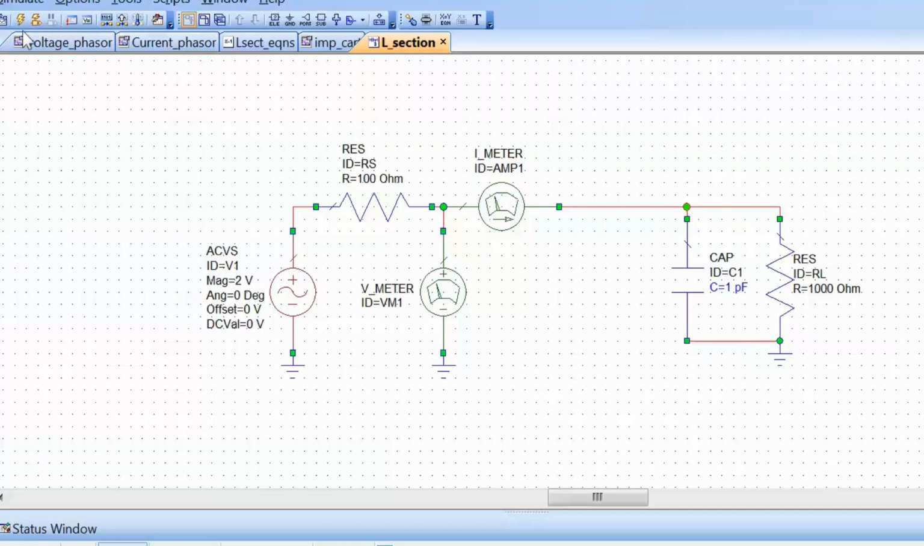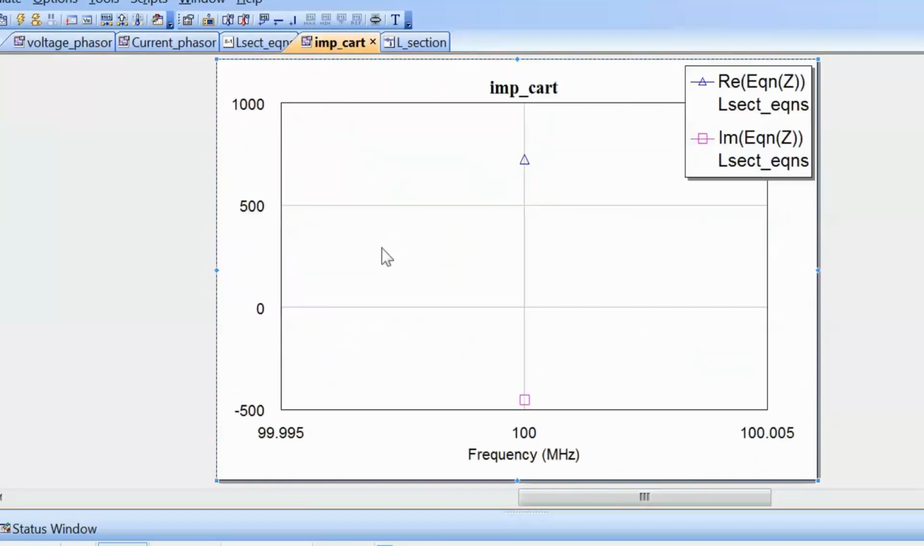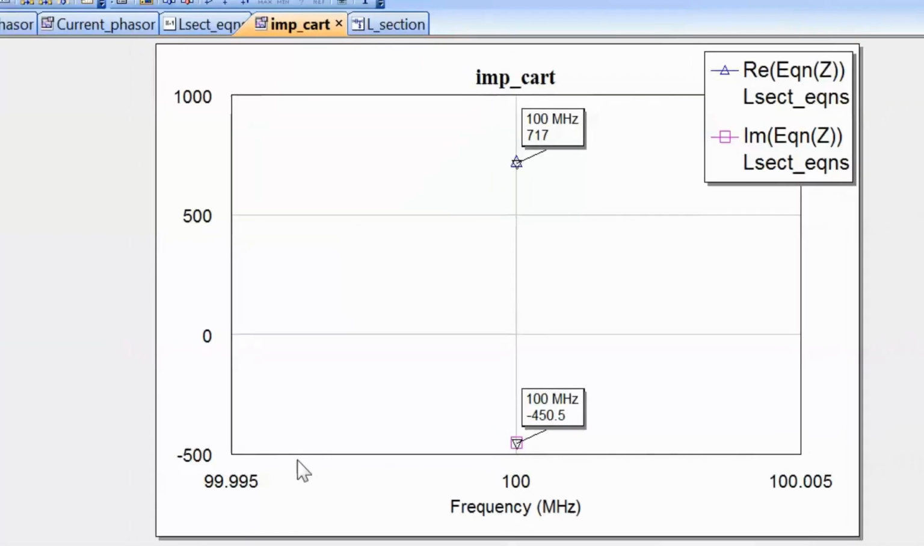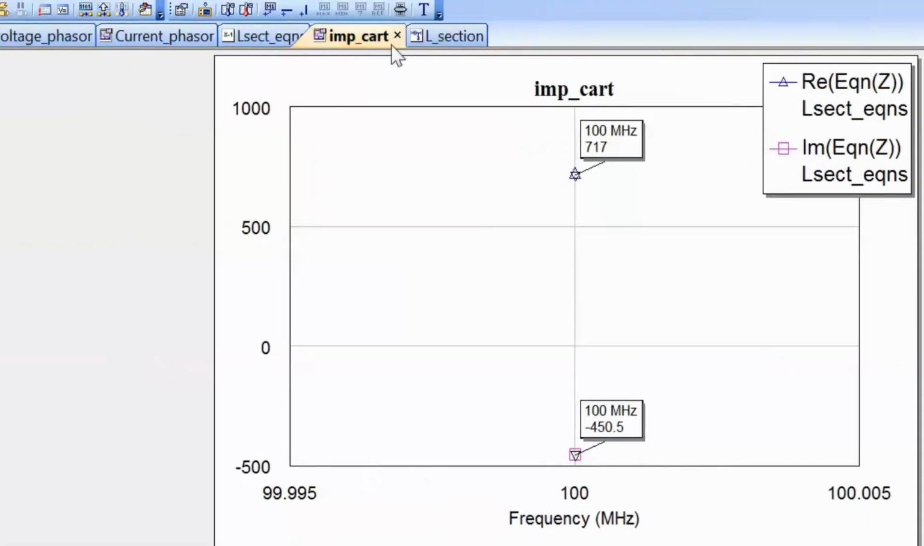So let's simulate and go back to our graph here. Now you can see that the real part of the load impedance now is lower than it was before. Let's just put a marker on it, Control M, and then click on here. But also you can see that you've got a reactance as well, which is negative since we've got a capacitor in parallel with the resistor. Let's put a marker on here as well. Now if I open the tuner